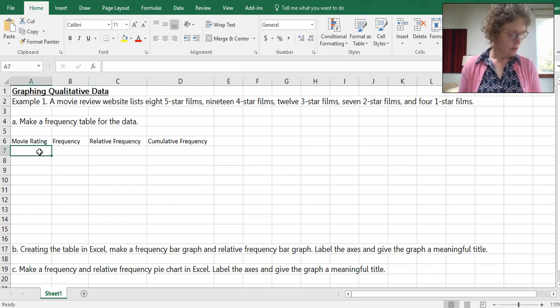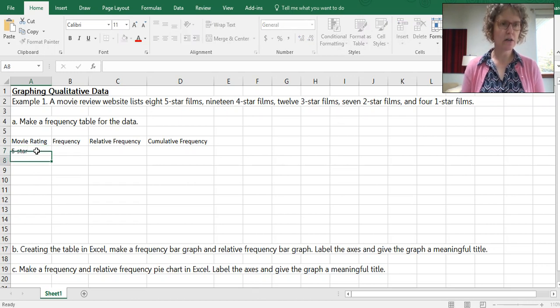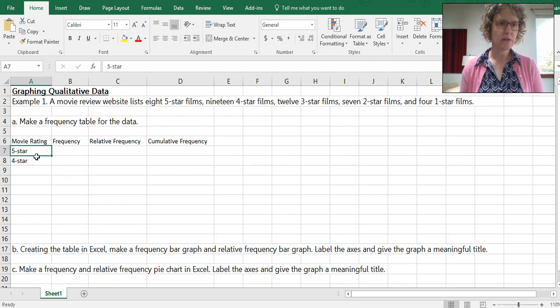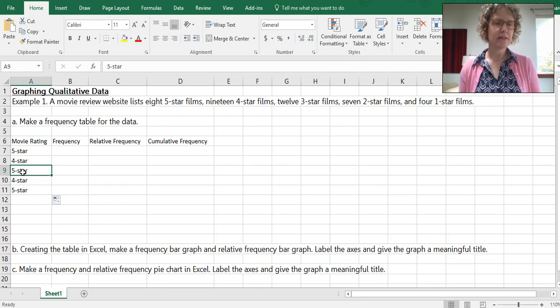Okay. Great, and so in our movie rating, these were the categories listed across. So 5-star, 4-star. I want to see if Excel is smart enough to recognize this pattern. Oh, interesting. Okay, so it just alternated, but isn't that cool how it will actually pick up a number and text?